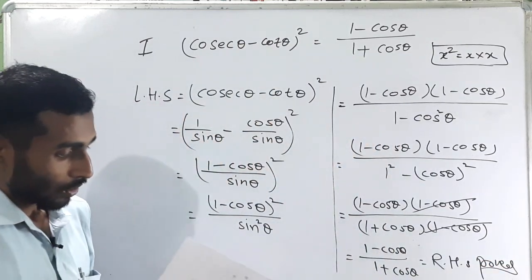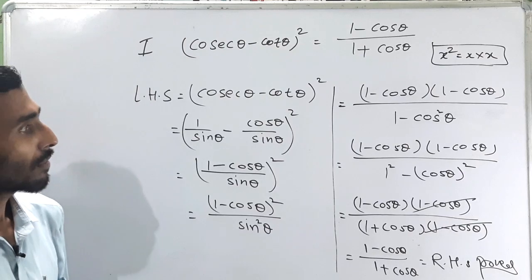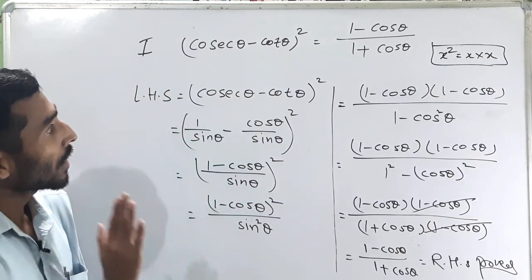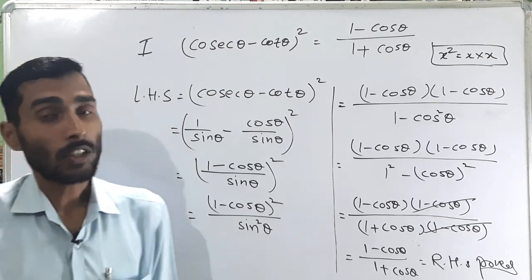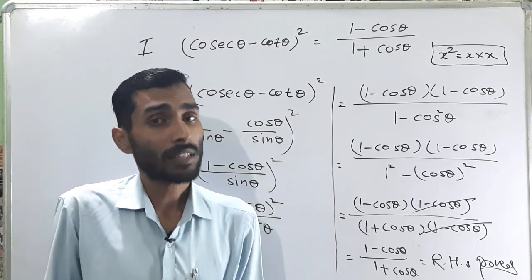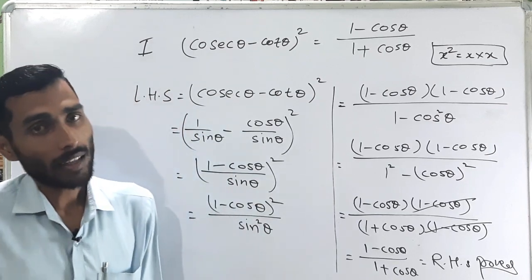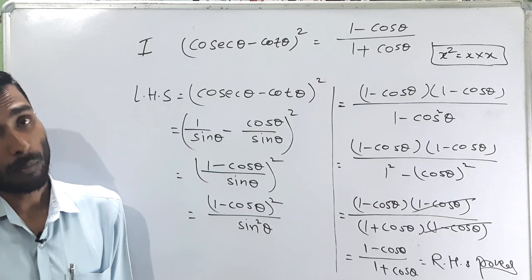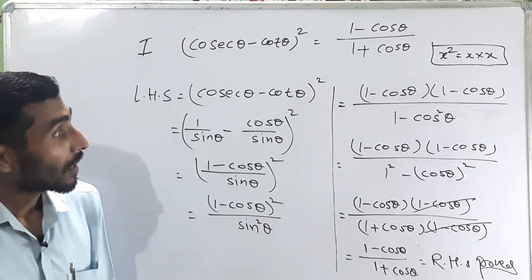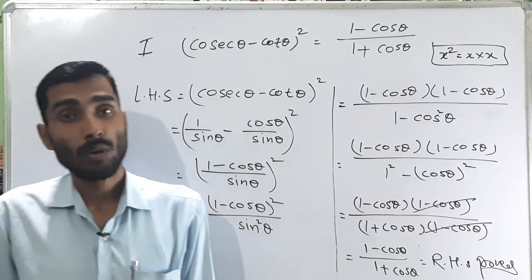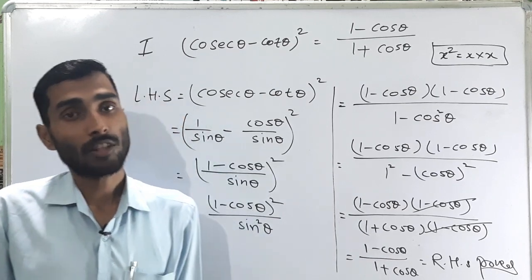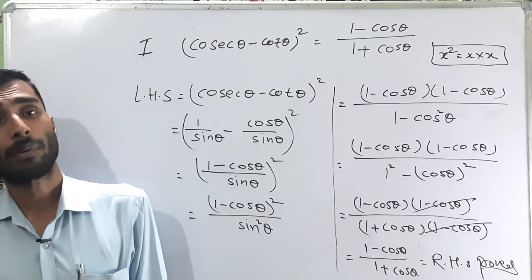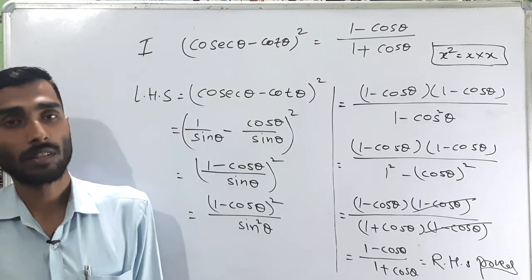Okay, so this is the basic way. What we have learned in this question is that you have to change the trigonometric ratios into the form of sine and cos, and after that do some algebraic operations, like the square of a plus b. In the same way we can write here the square of sine theta plus cos theta as sin square theta plus cos square theta plus 2 sin theta into cos theta.